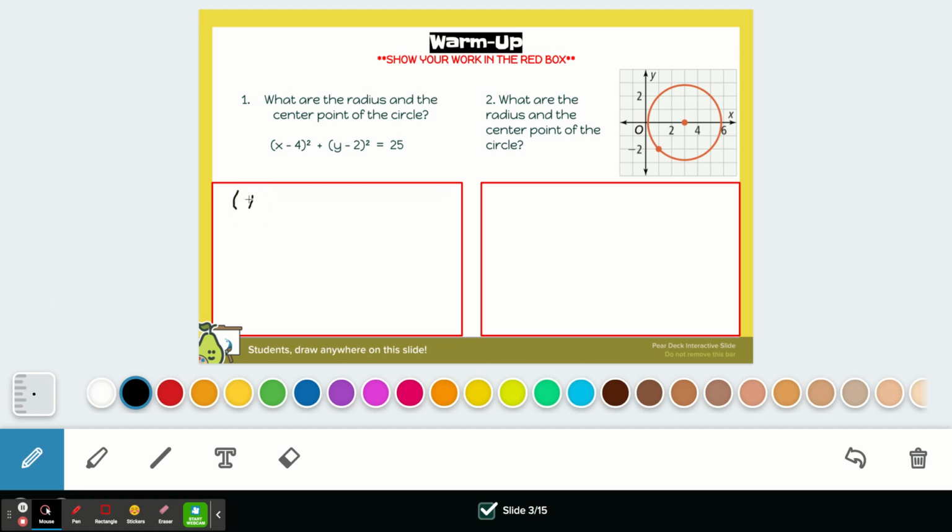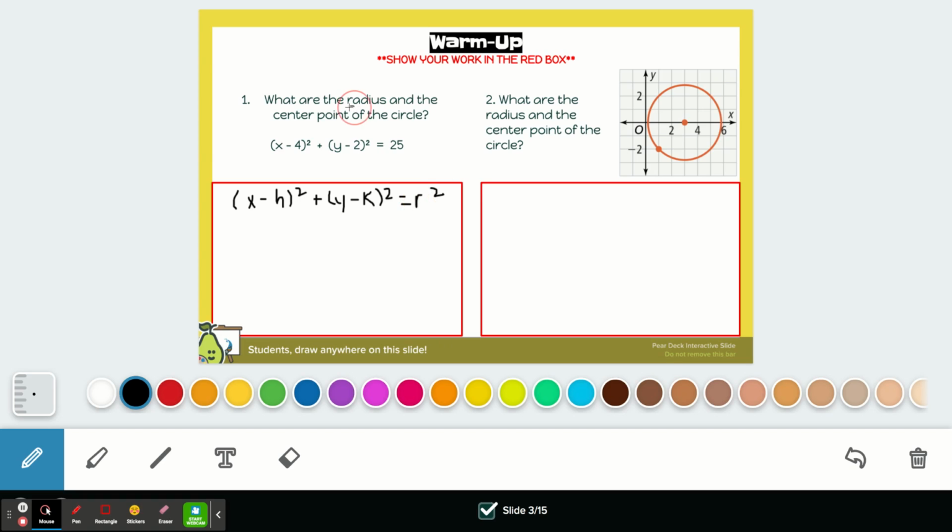So now we've got x minus h squared plus y minus k squared equals r squared, right? So since we know that that's the equation for a circle, now we can start to